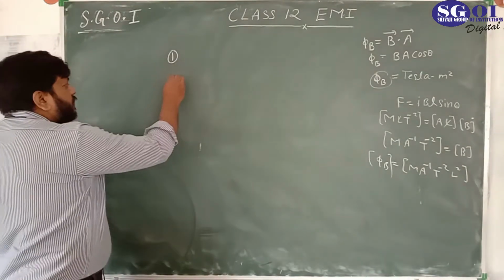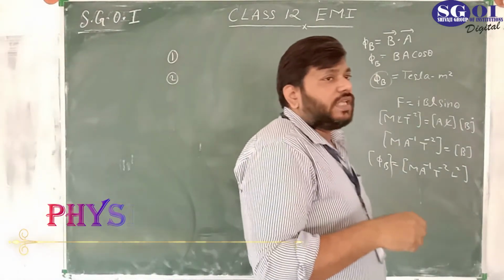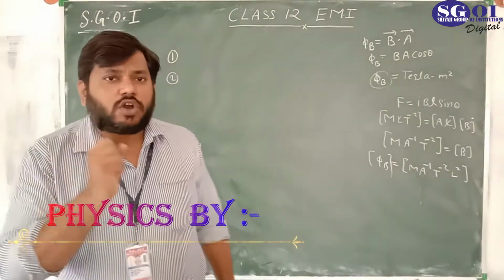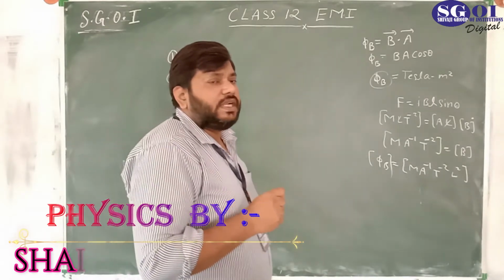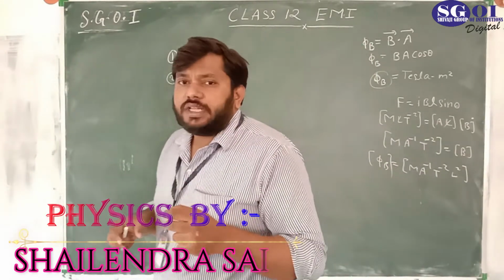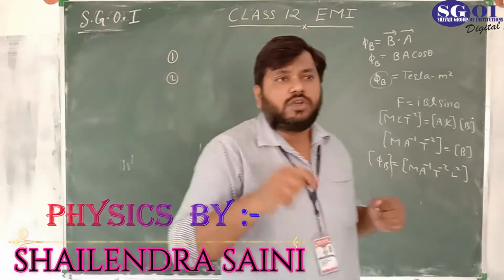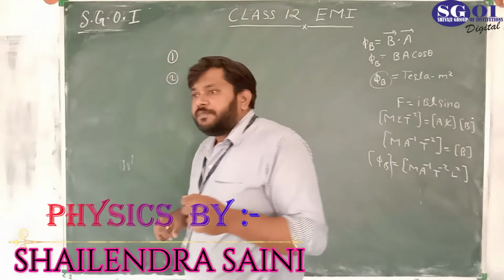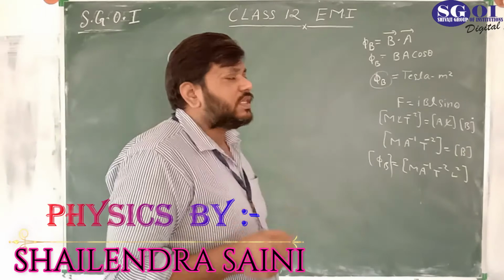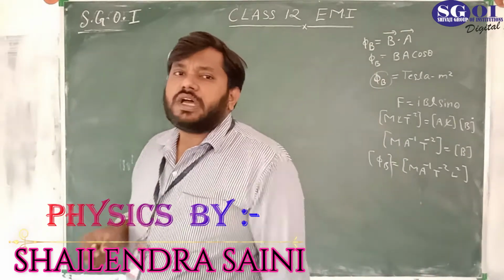This is the first statement, and the second is what? In the first law he told what is the cause of electromagnetic induction, and in the second law he told how we would find the induced EMF. So the EMF induced is directly proportional to the rate of change of magnetic flux linked with the coil.